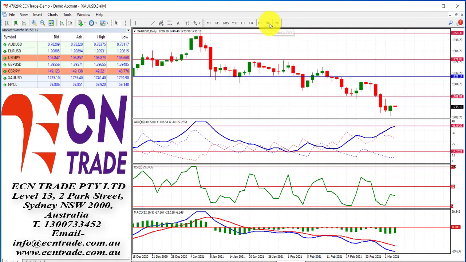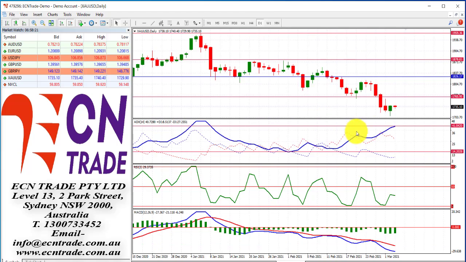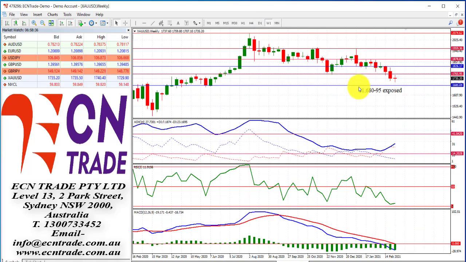Respecting the bottom side of the range, seen somewhere around 1,680 to 95, gold finds a slight rebound in front of that level. Nevertheless, we're not quite out of the support of a further downside test due to the trend from the ADX, a bearish RSI and a negative MACD. So I do anticipate further weakness and any advances should fail and then eventually see a move down towards this bottom side of the range, which I anticipate a bullish response.